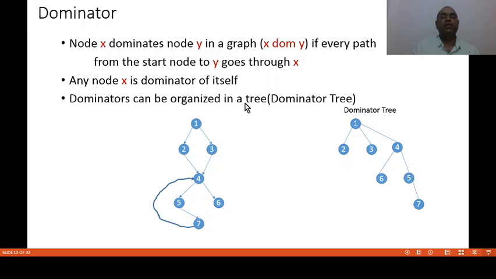Dominators can be organized in a tree that is known as the dominator tree.